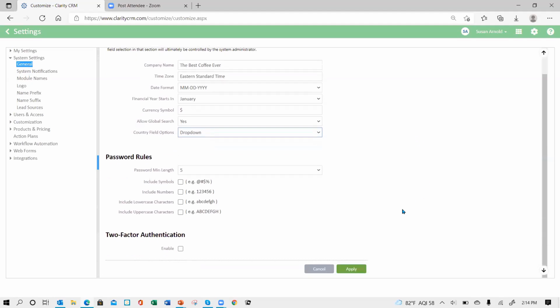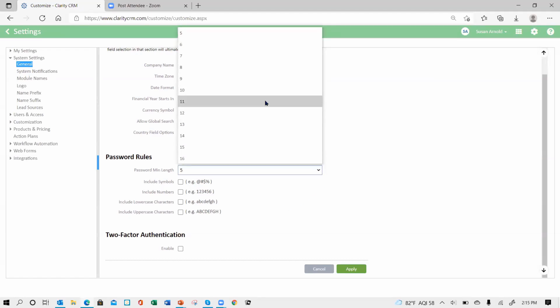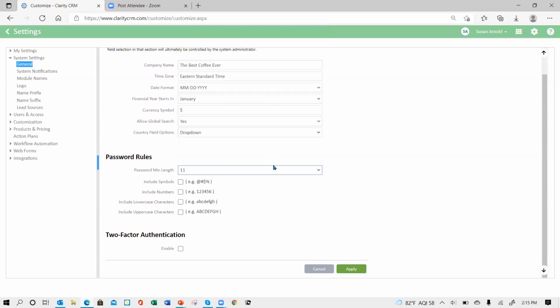All right. Then password rules. The default rule in ClaritySoft is pretty simple. The only requirement is your password needs to be 5 characters. No other requirements. Okay. If you want to make your passwords a little more secure, then you can first of all come here and say, well, how many characters? I want 11 characters minimum,